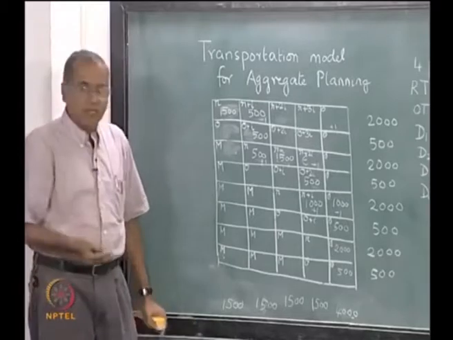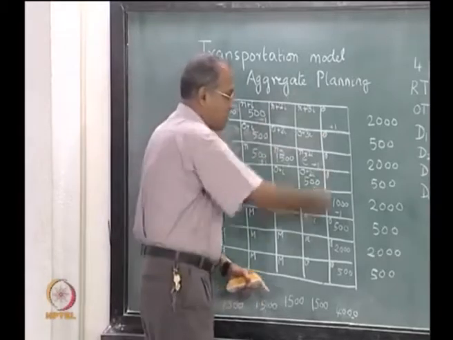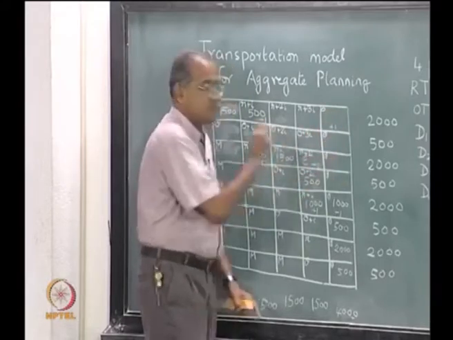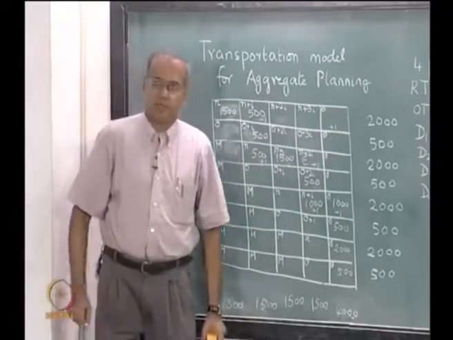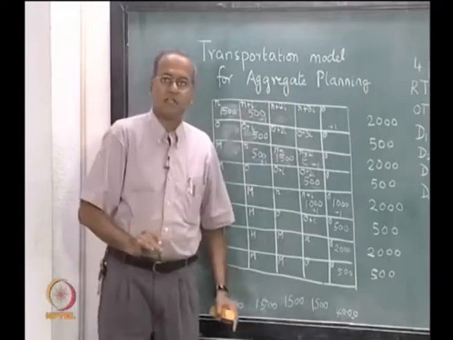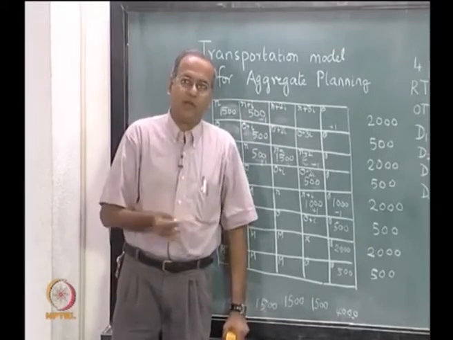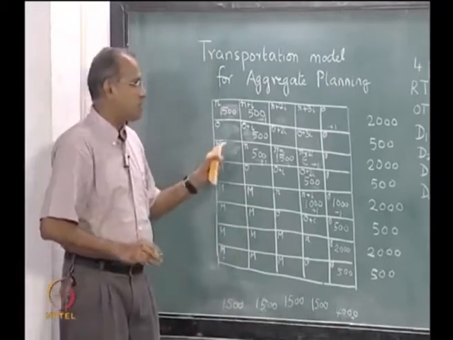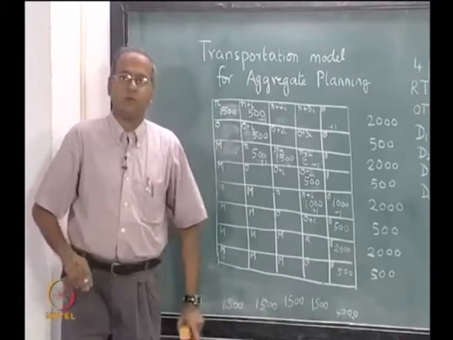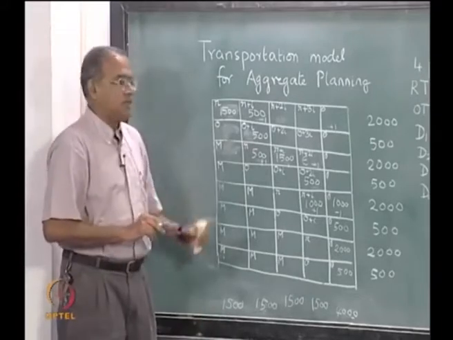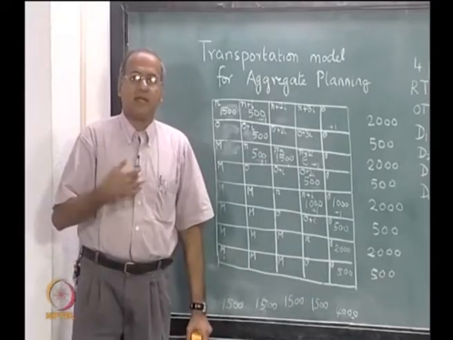So, when we apply the northwest corner rule and the stepping stone, it is enough to consider only this, and proceed with the transportation. Now, this simplification is called the Bishop's simplification, and that is useful when we apply the northwest corner rule and the stepping stone method, so that the computations that are involved in the transportation are minimized and simplified.